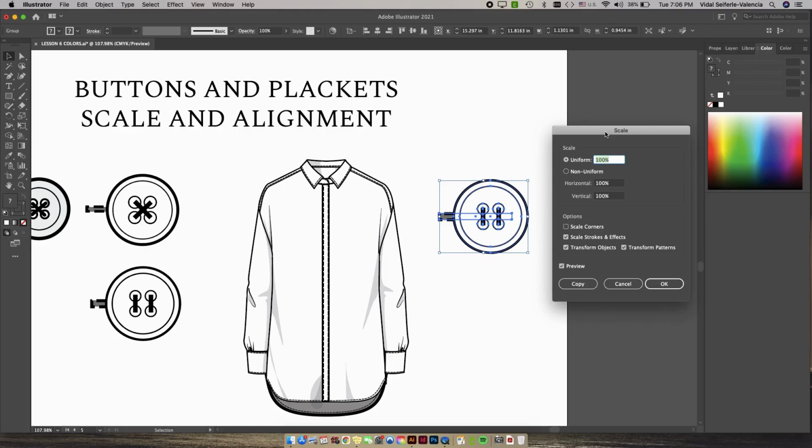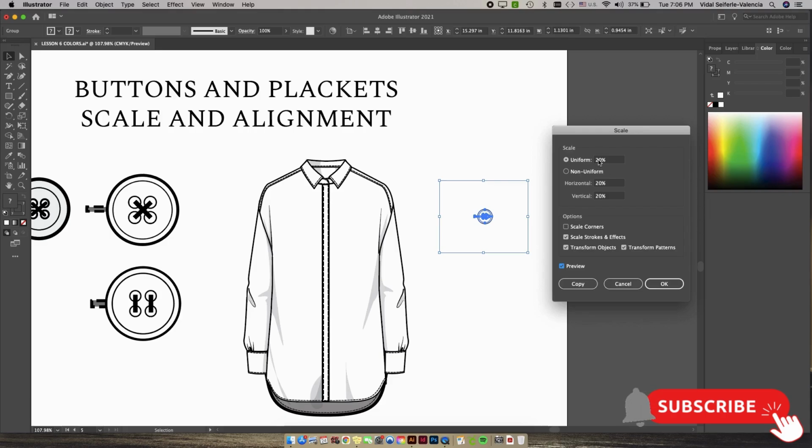So I want this to be my button for this shirt. So I'm going to see what 20% looks like, and I'm going to check the preview. 20% is still a little too big, so I'm going to try 10. That's looking better. In this case, you need to make sure you have Scale Strokes and Effects checked, because otherwise, I'll